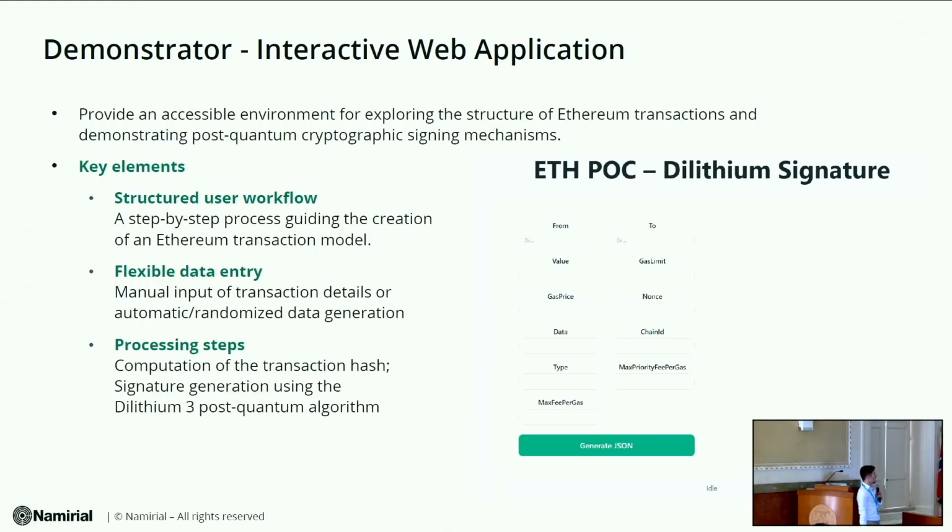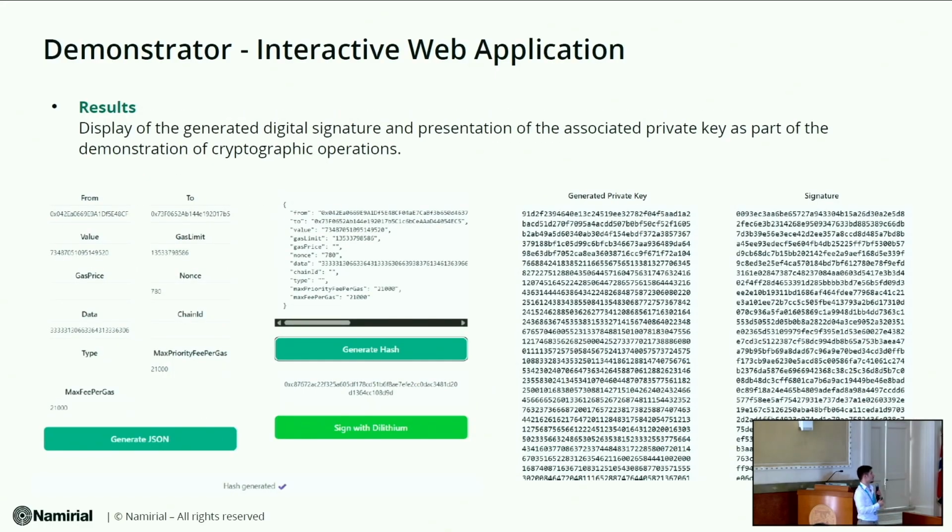So, our solution is a simple one, a mocked one right now. We are testing some other roads that we can take, some other things that we can understand, and this is just to build a signature on top of an Ethereum transaction. This is done by generating the hash of a transaction, then generating a private key using a